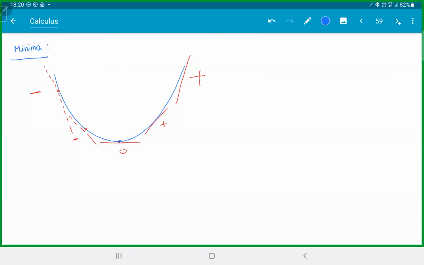That's fine. So here, what is happening here? As we go from left to right, first of all, the slope increases. The slope at the minima is 0. So condition 1,